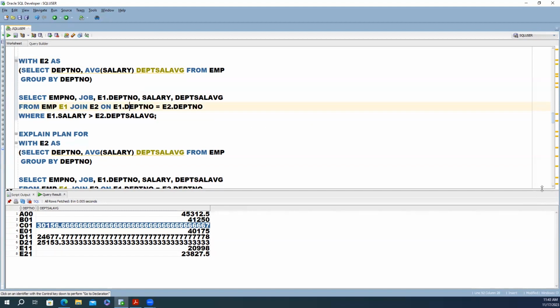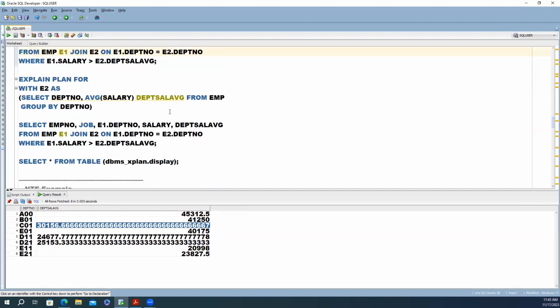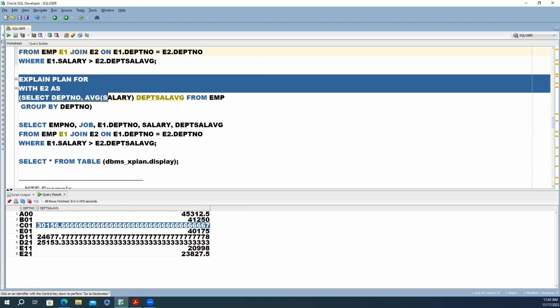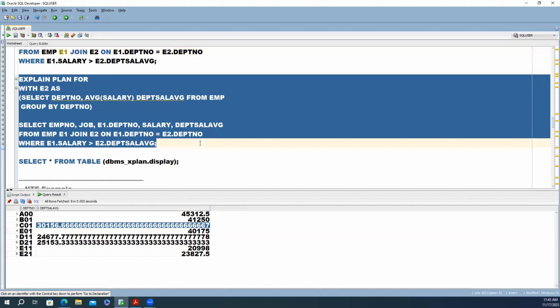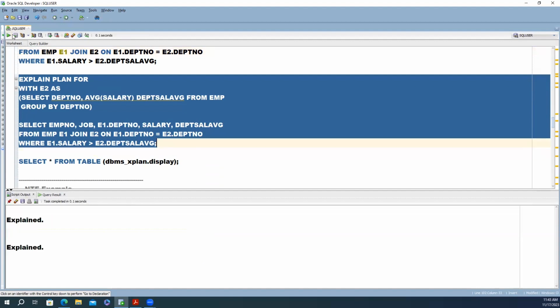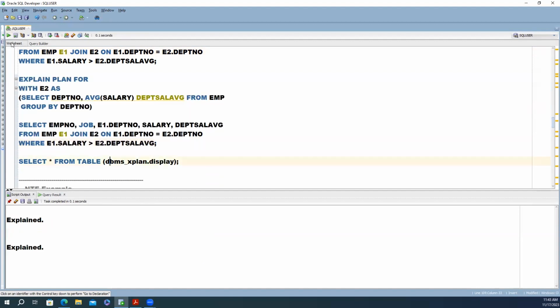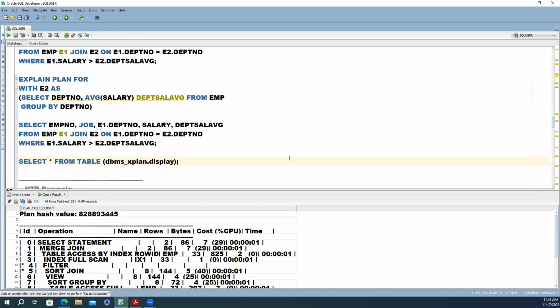Okay, so that gives us the same results when we run the whole thing, but let's look at it with the explain plan, even though it looks all jumbled up there. All right, so let's look at it with this. Let's run it through here and see what this plan looks like. And if we look down here below at this